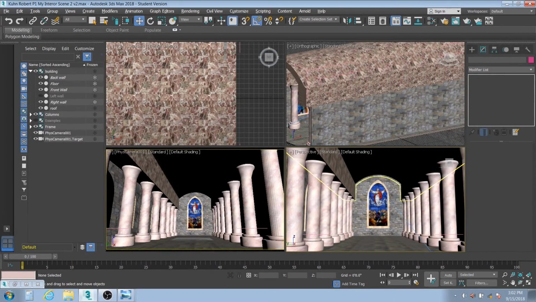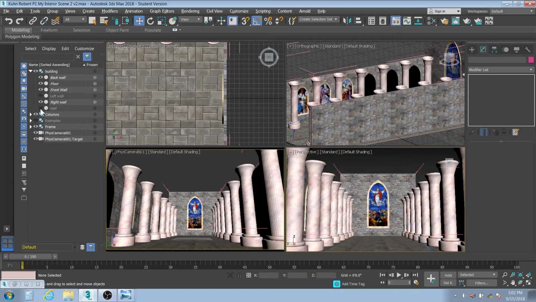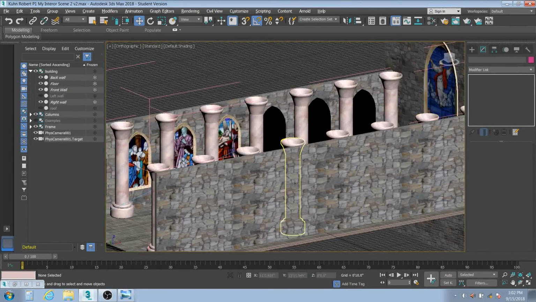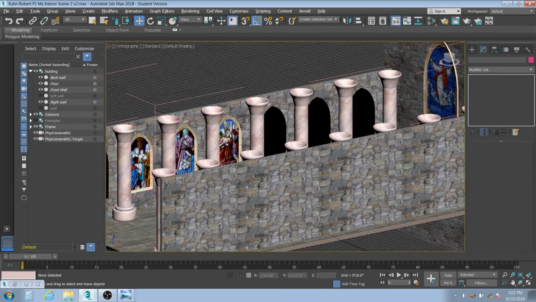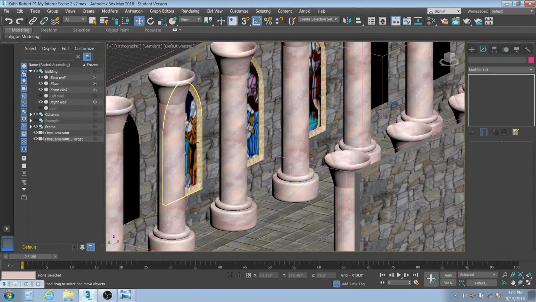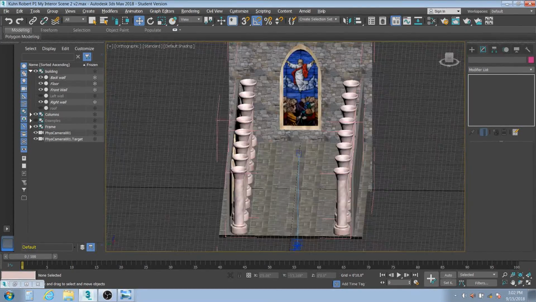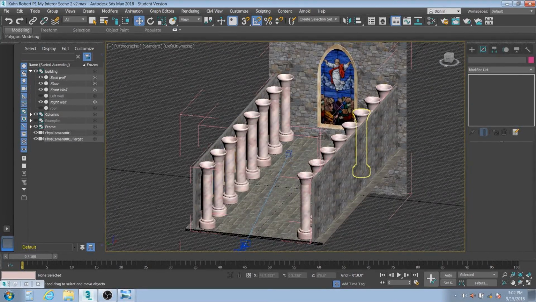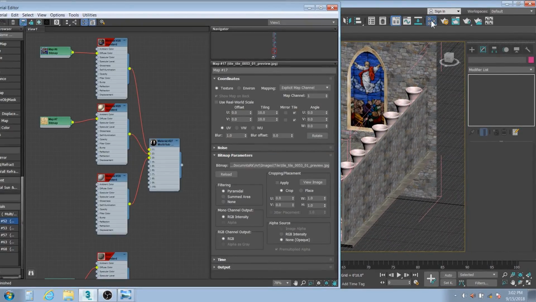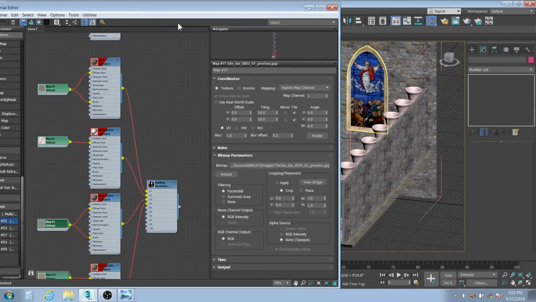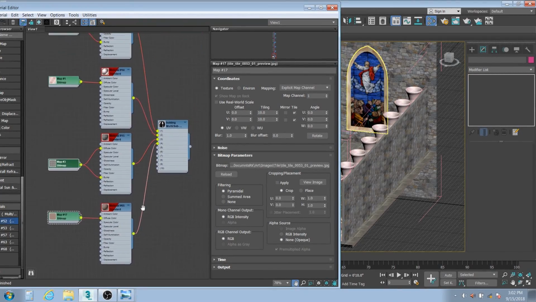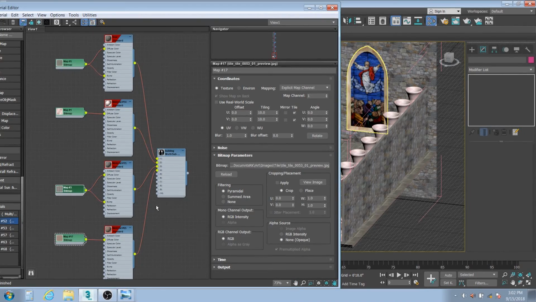So as we work on the scene, I think I'm going to go ahead and make that roof disappear again. And let's go into this viewport here. And so these columns and the stained glass windows, that's what we're going to be concentrating on most, because the building itself is really not that complex. If we were to look at the material editor for that,